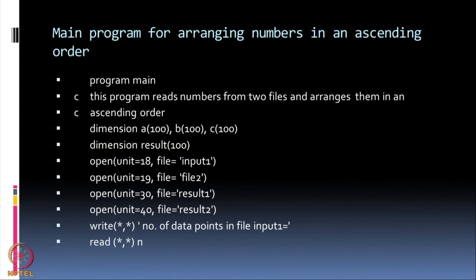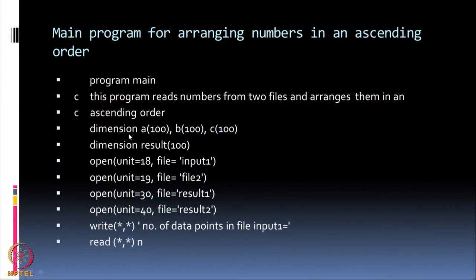Before I do that, the program that we discussed last time was a program to arrange numbers in an ascending order. So, now what I want to do with this present program, I have several files and several numbers stored in those files, and I want to arrange them in an ascending order. So, the advantage of a subroutine is that I do not have to write the program twice. I have already written the entire structure into that subroutine, and I can call that subroutine as many times as I want to perform the task that I am interested in. So, in this case I want to arrange numbers in an ascending order.